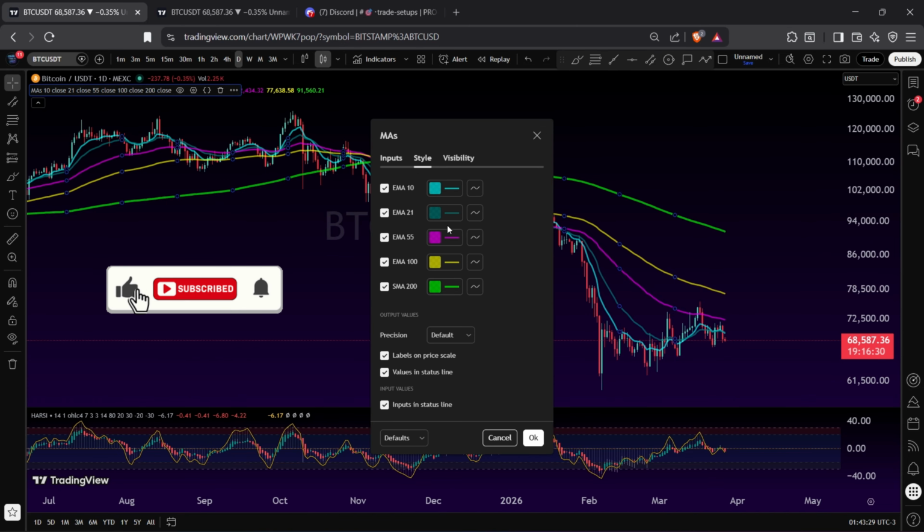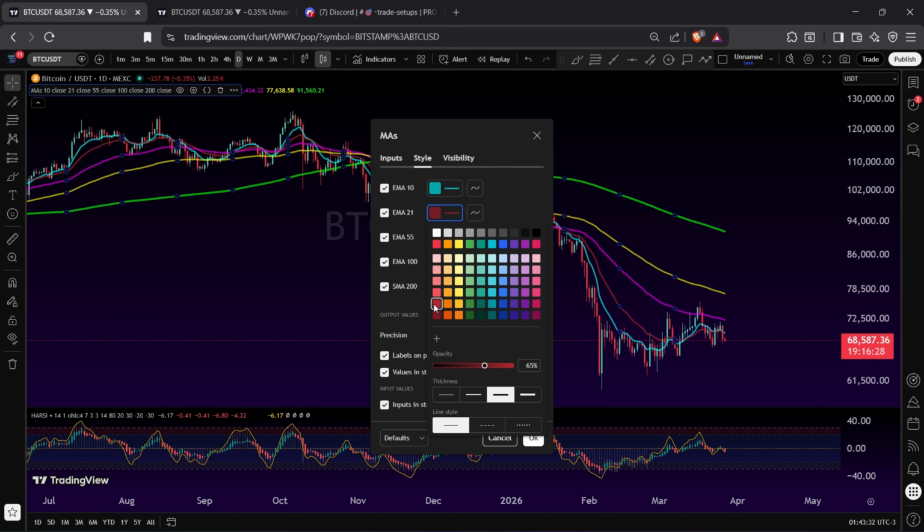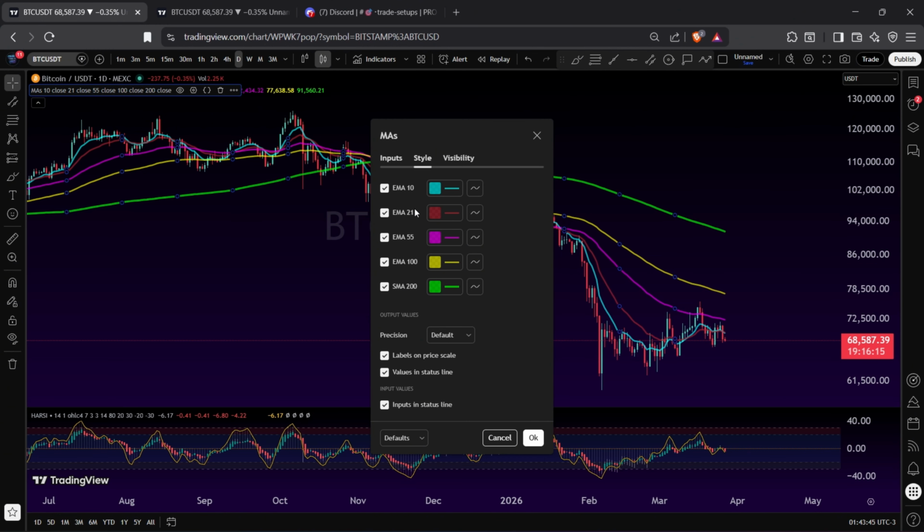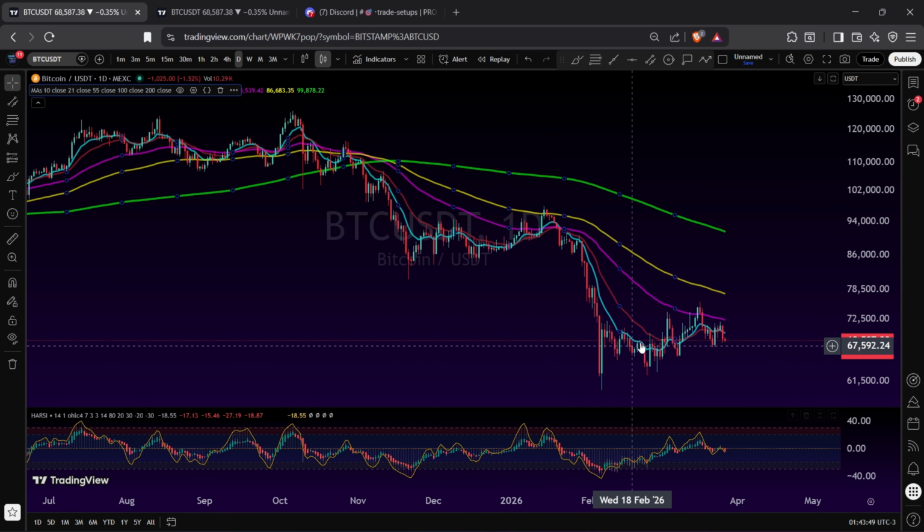You can always go into the indicator settings later to change the colors or toggle specific lines on and off if you prefer a cleaner look. For example, some traders prefer switching the 55-period moving average to a 50 period. The choice is yours. The reason we use this specific cluster is to build a dynamic map of support and